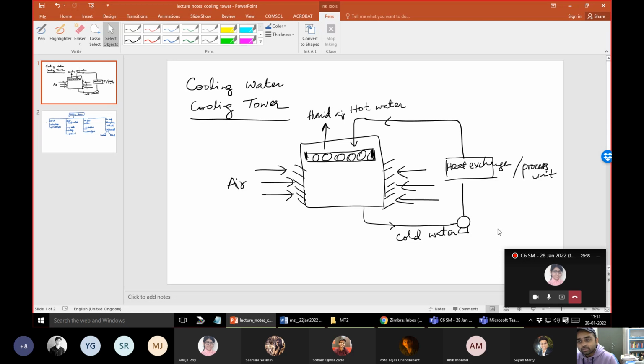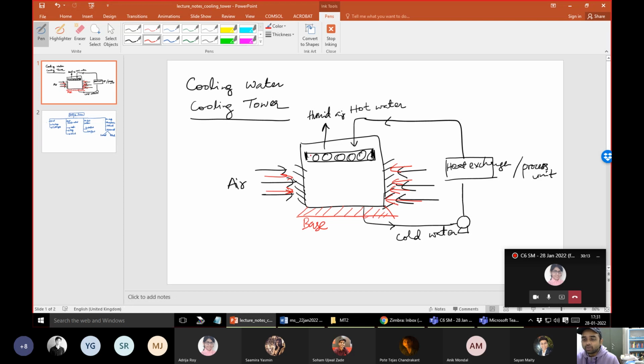Cross flow towers are also very common because they are easy to establish. Why? In these cross flow types, the base of the cooling tower can be easily fixed to any support. And you do not need any clearance or any gap for the airflow, because most of the air comes in from sideways. So if you have perforated walls, you can easily have this sideways movement of air, and the base can be kept free, and you can easily put this over the base.